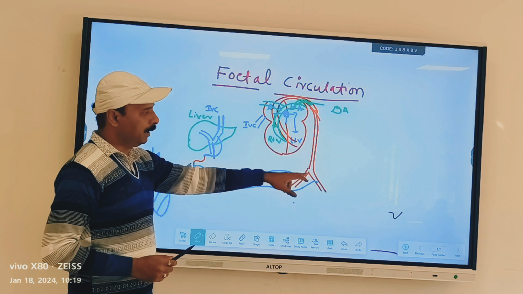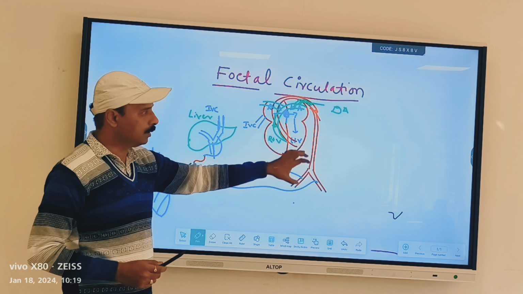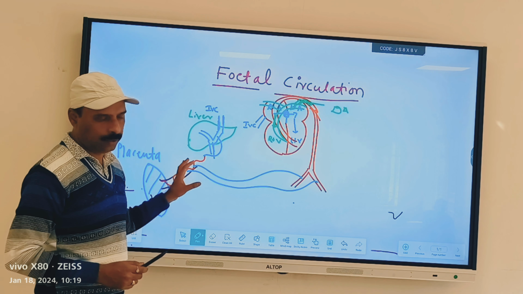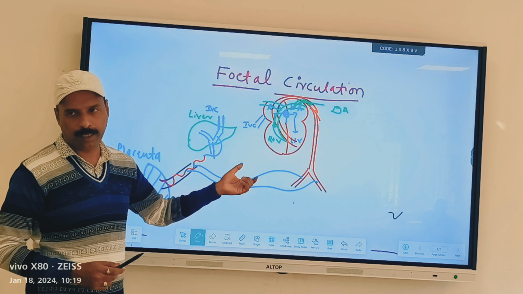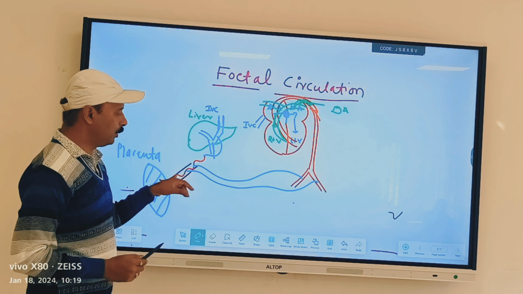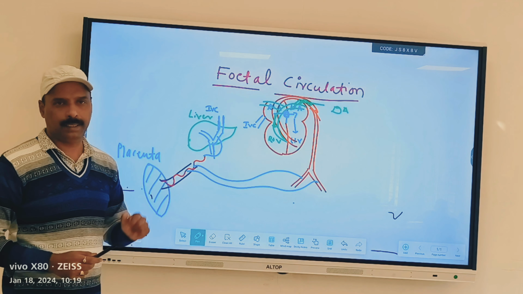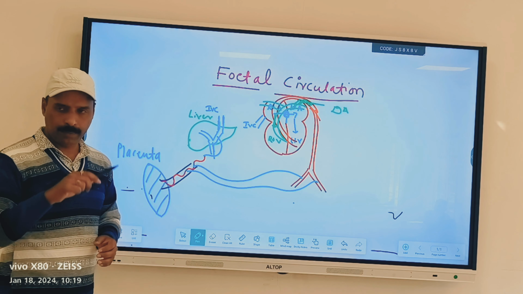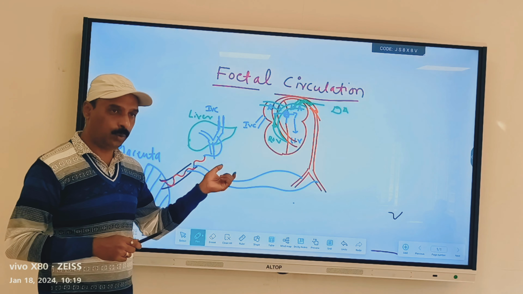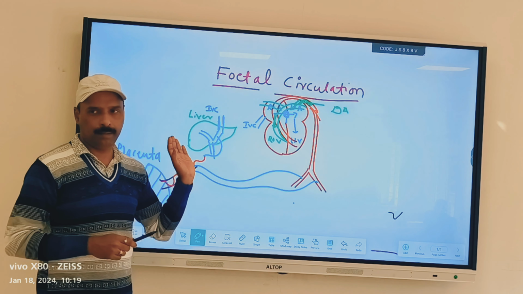So the aorta, from here the common iliac, we are going to get the almost all circulated blood which is brought again to the umbilical cord. Through the umbilical artery, it comes again to the umbilical cord and placenta, adding to the mother's. So this way the fetal circulation occurs, and here we have two umbilical arteries and one umbilical vein.